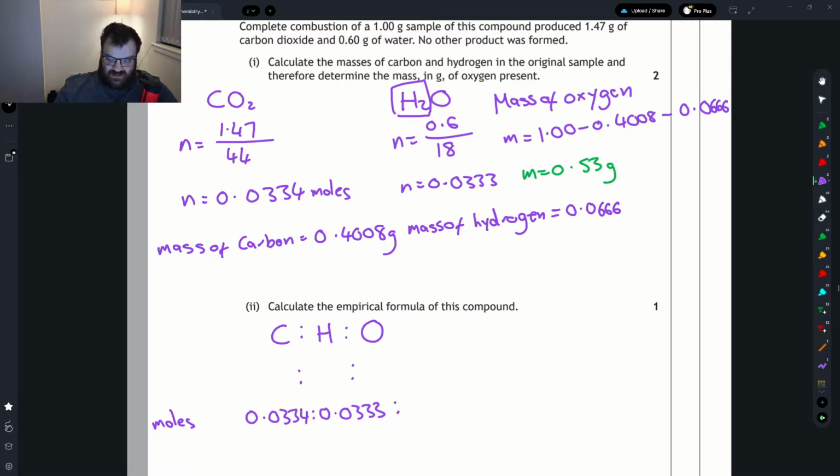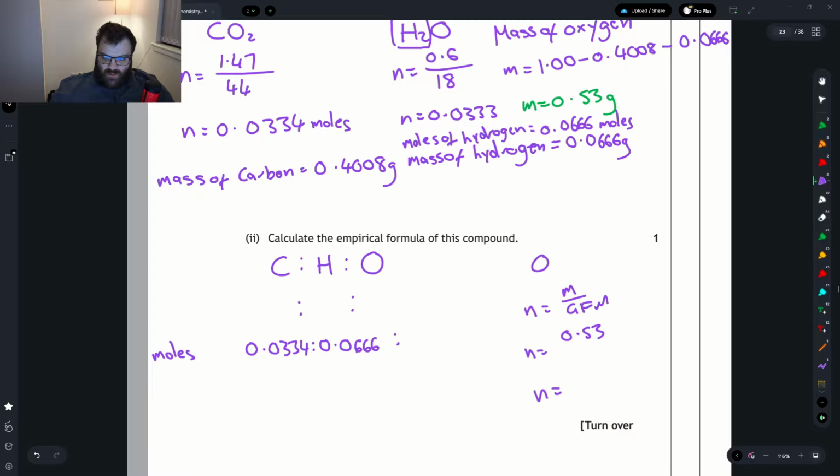Now when it comes to the oxygen, well, I know the mass of oxygen is 0.53. When it comes to the empirical formula, we are dealing with the mass of 1 atom of it. So because it's oxygen, we're going to divide it by 16 in this case. That's going to give us 0.0331